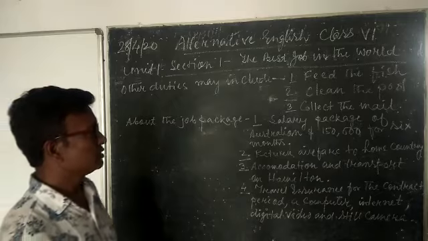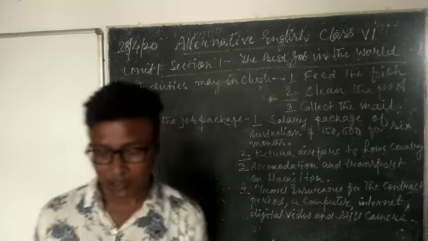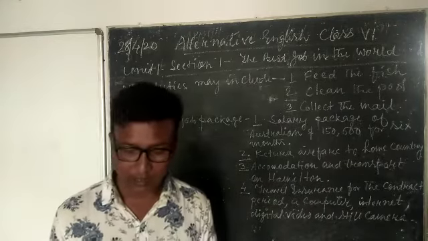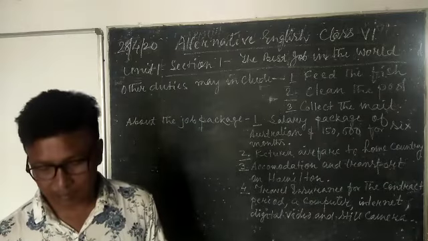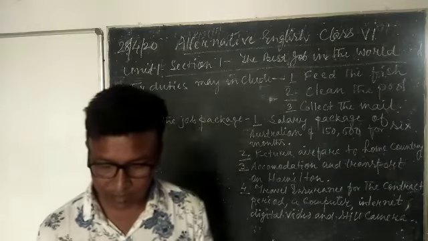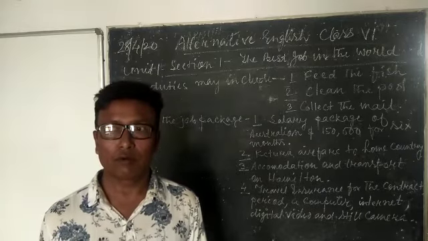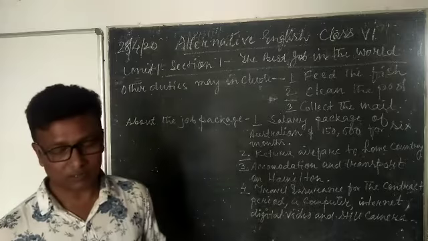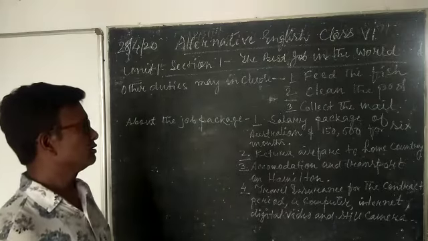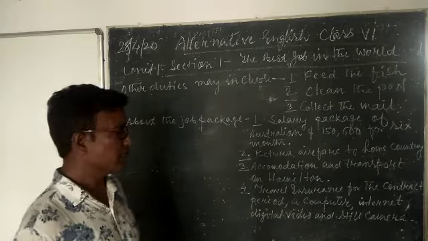That is his job. Then third point, collect the mail. In the collect the mail, it is mentioned that sometimes he may like to go up in the air. He should have a flight in the air. From there, he should have a view of the islands, how it looks. So these things are there in the other duties that may include.